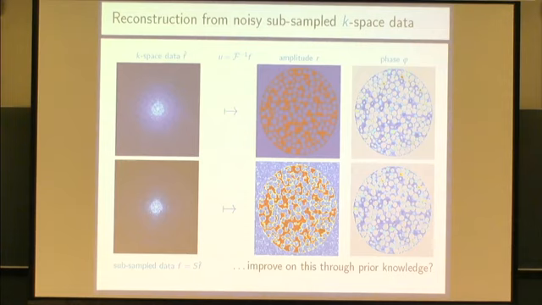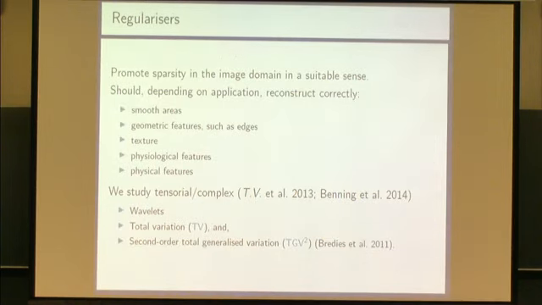This is piecewise constant, and these are geometric features that we want to restore. In many imaging applications, you would want to restore texture, especially in photography. Not in this application really, but in the diffusion tensor imaging application, you would want to restore some physiological features of interest correctly. This is again not so exactly defined. It's domain-specific information that doctors have, and in this chemical engineering application or so on, you want to restore physical